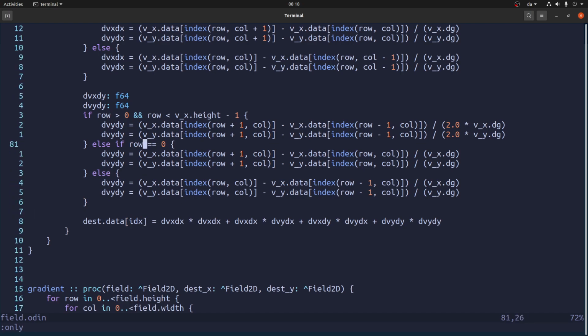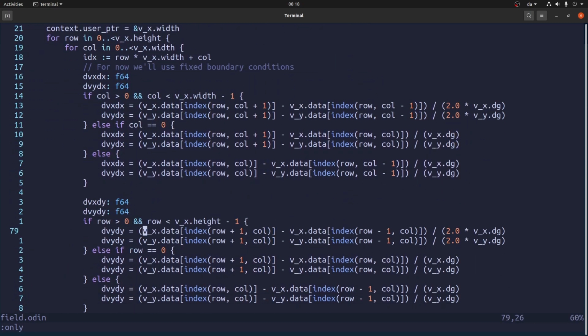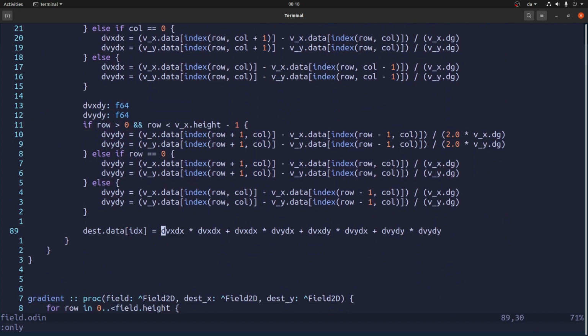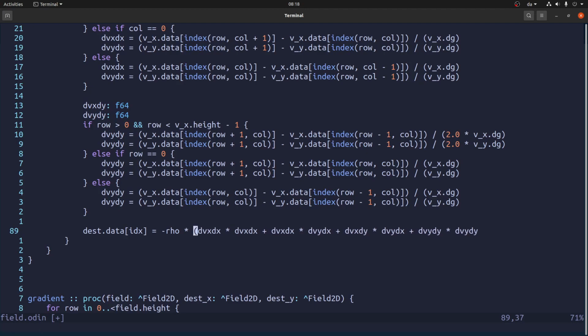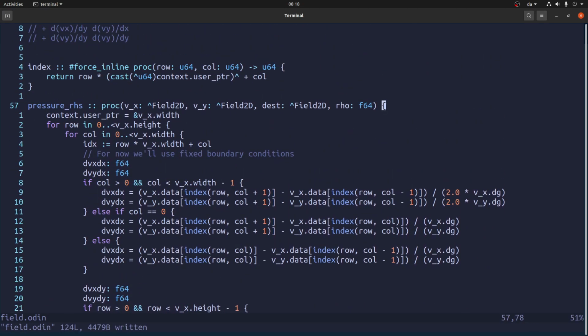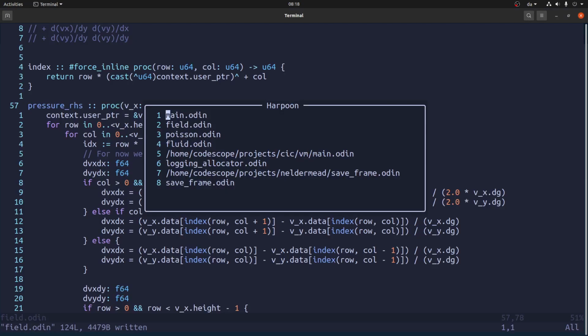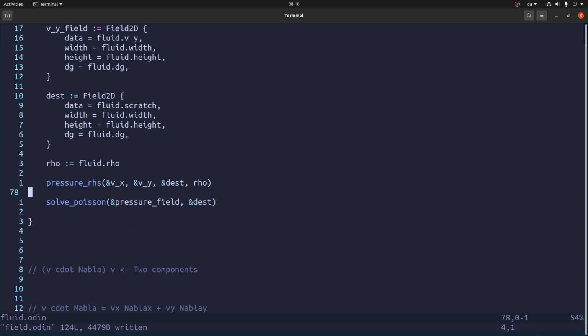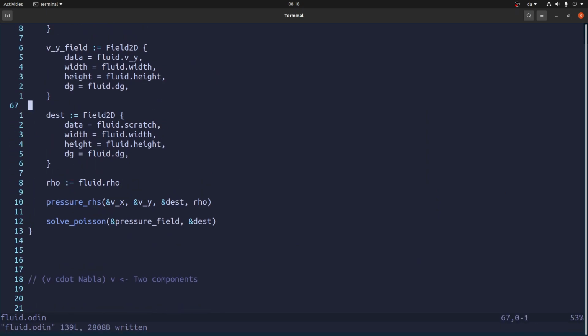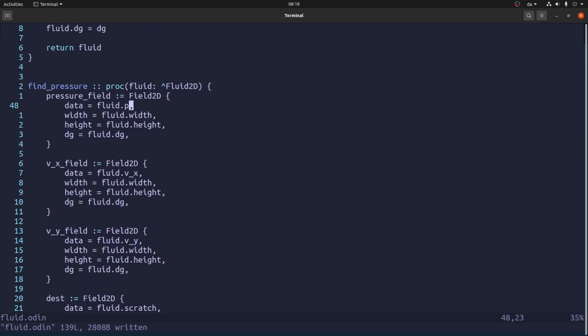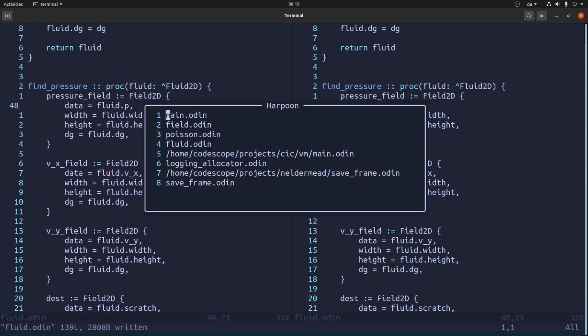So I think we have two problems, which is that the sign is wrong. It should be multiplied by minus rho, like that. Right. So now after we've done this, the data should be inside P. So let's try to